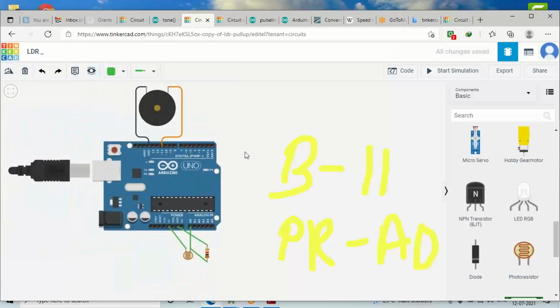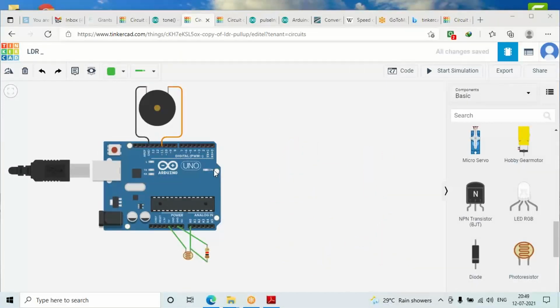So in short, if I try to repeat once more, this project is trying to make you understand how, if it is daylight, then I can switch off an alarm, and as soon as the daylight approaches, I can switch on the alarm, so that if there are children, they can listen to the alarm and understand that day has come up and they will wake up. Okay. So if you want to execute this kind of simple project, what kind of code should be there? If you remember the last code, a similar kind of code we have to write here.